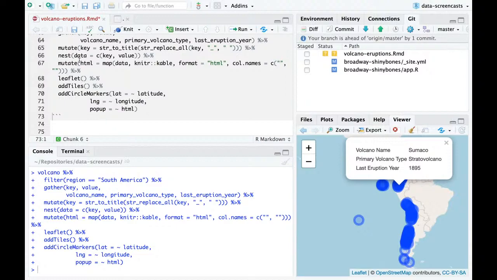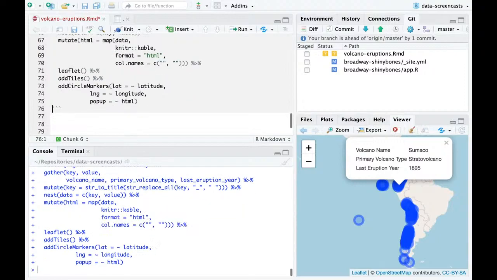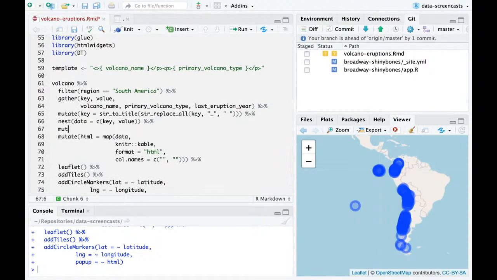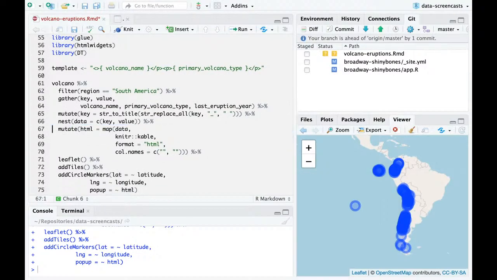Now, this is a really simple table. I could do more formatting. You could do more formatting. Somebody who knows their way around HTML and Shiny and Leaflet could do more formatting. I don't know my way around this. But what I do know how to do is, I've already taken the keys and done this, but now